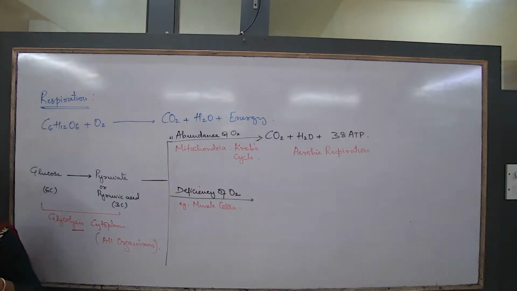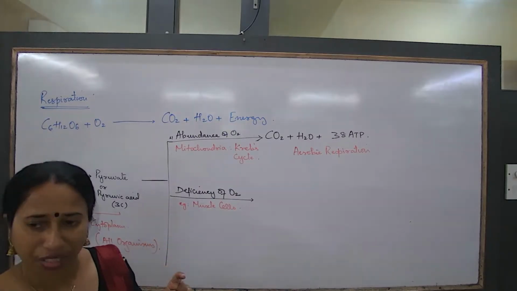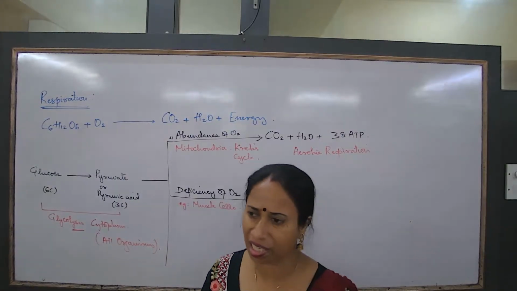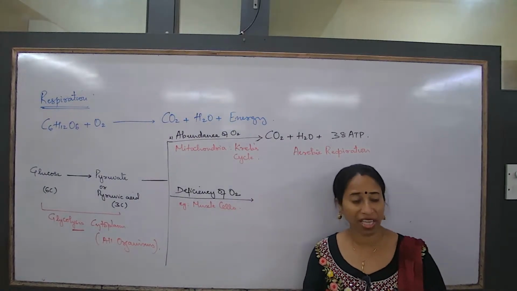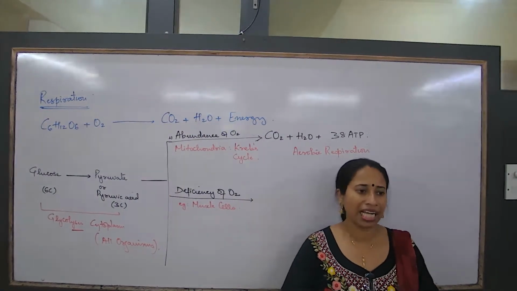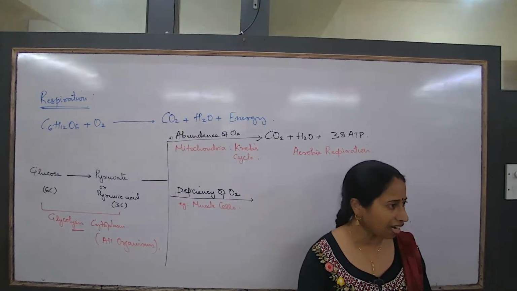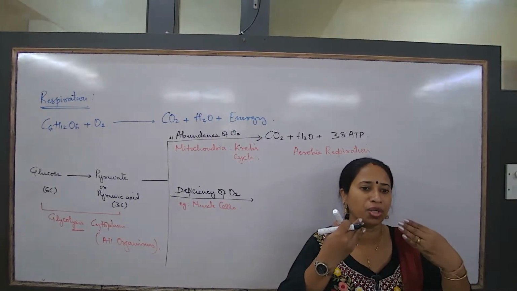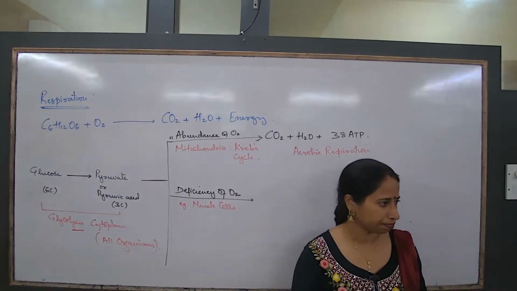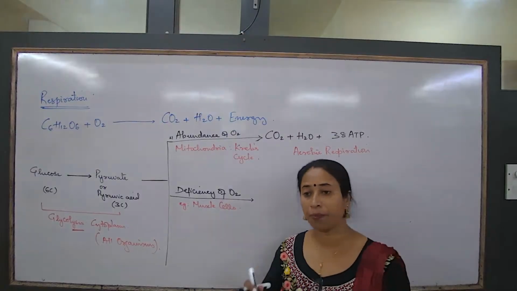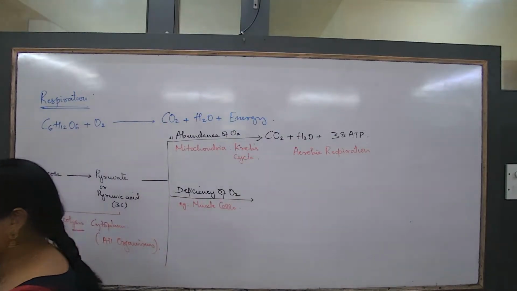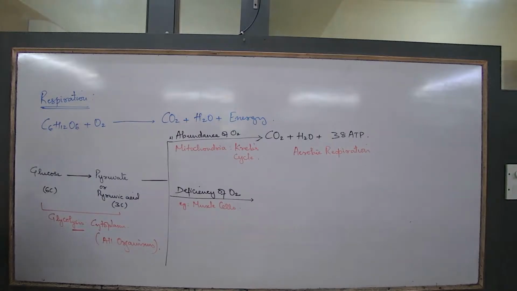Now that I am talking, I am walking very nice and slow. Is there a chance of muscular cramps now? No, because the rate of contraction and the rate of breathing is more or less at par. Whatever amount of oxygen is being used in contraction, and whatever amount of oxygen I am breathing, is more or less at par. So there is no problem. But when the body muscles contract at a faster rate and the rate of breathing or oxygen intake is less, that's the time when muscle starts aching.